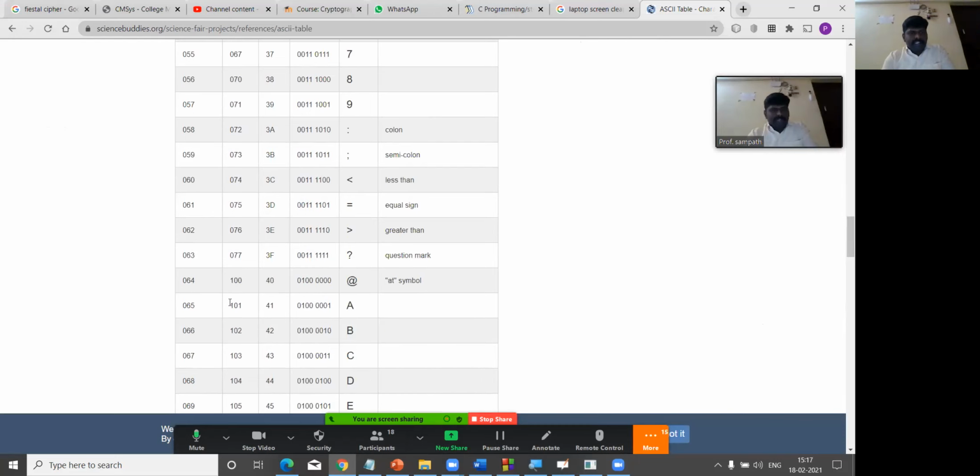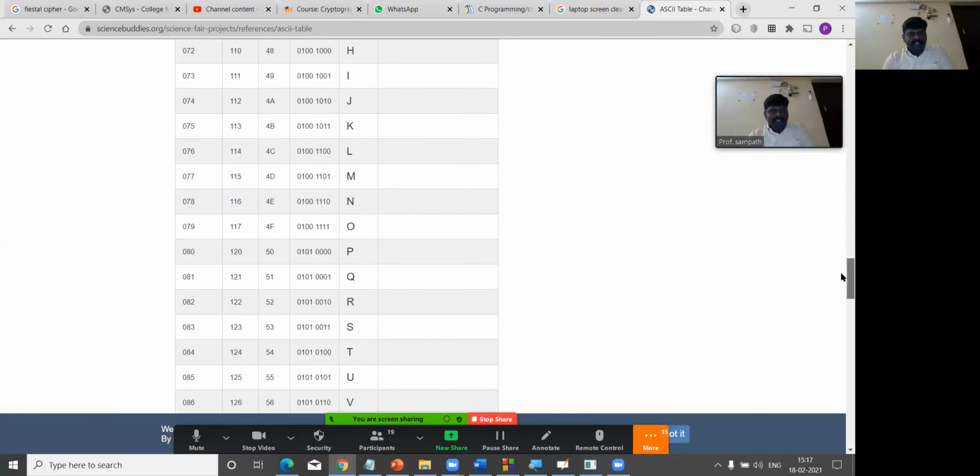So for capital A it is 65, and for capital S it is 83. Now I'm going to subtract A's corresponding ASCII value from the character S's ASCII value, which is 83 minus 65.